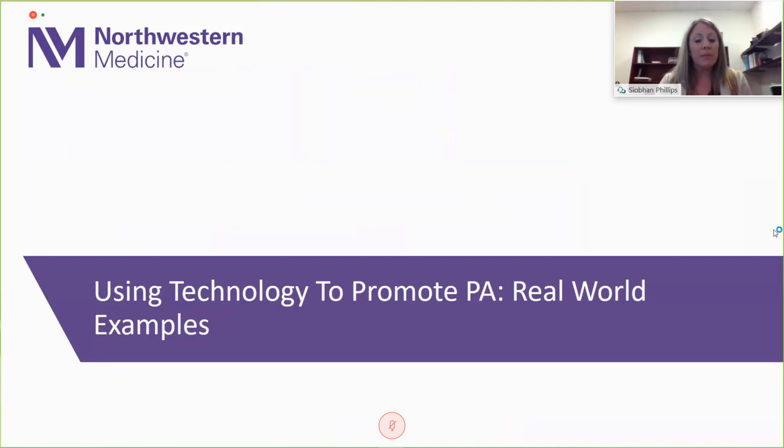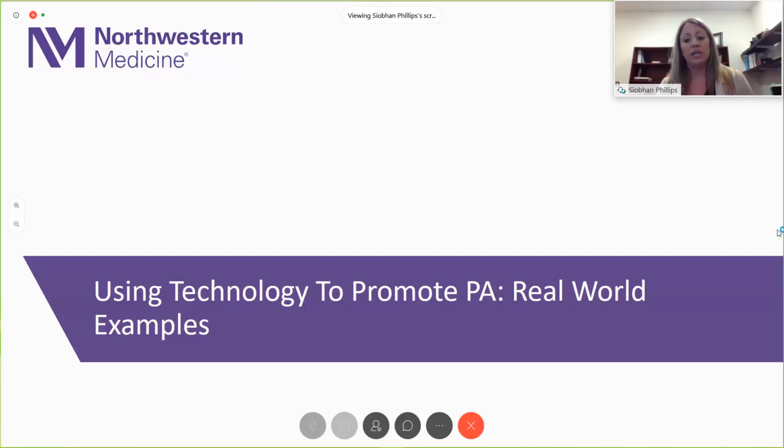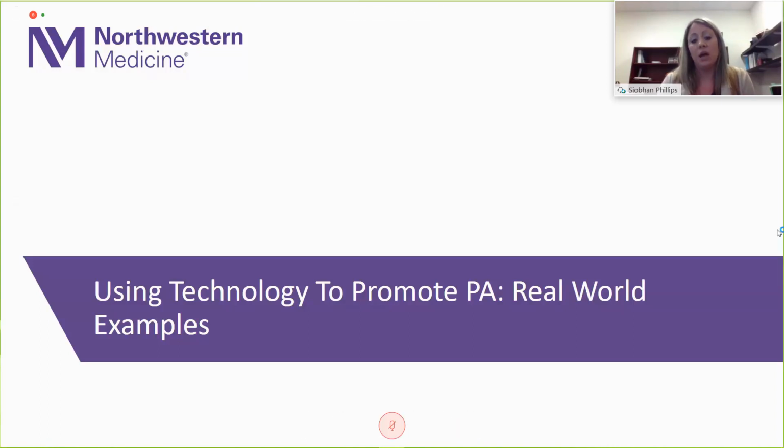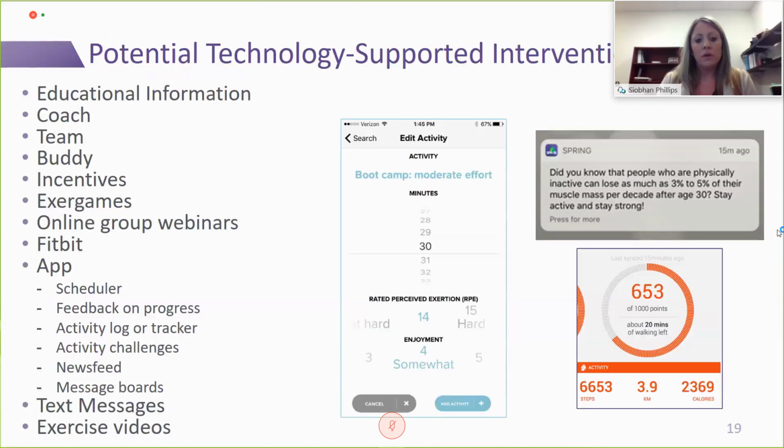So now switching gears a bit to the intervention piece and how we can use technology in interventions, I'm going to talk a little bit about some real world examples in our lab, looking at how we're actually using technology to promote physical activity. And in our case, we are working on trying to optimize technology-supported interventions. So in considering a technology-supported physical activity promotion intervention, there is a long list of different potential options you could consider